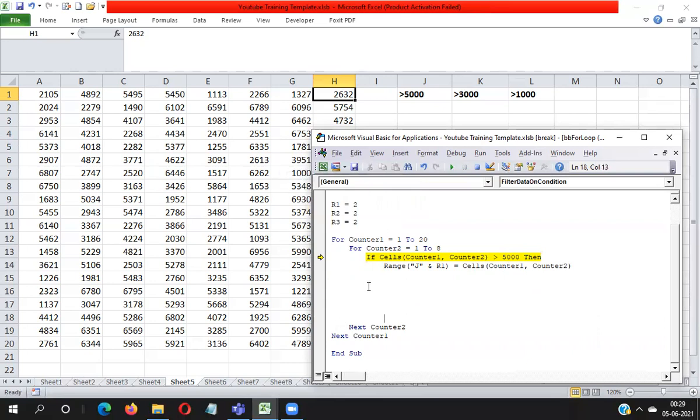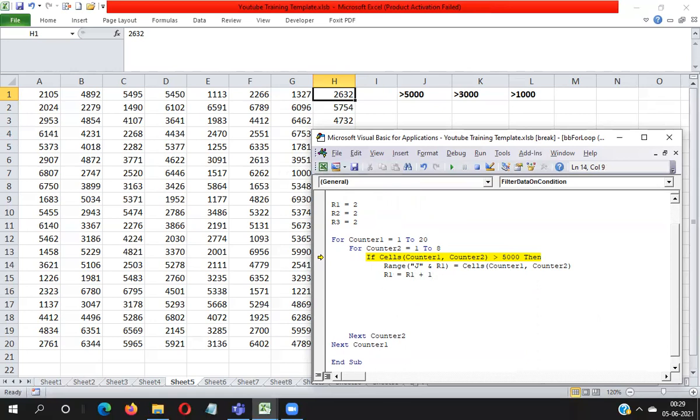Now just look at all the code. Second condition, let's see the second condition. Before writing the second condition, you need to increase the R1 value. So you need to write here R1 equal to R1 plus 1.